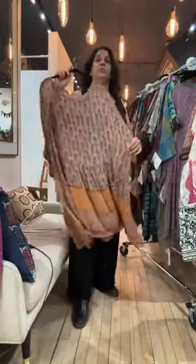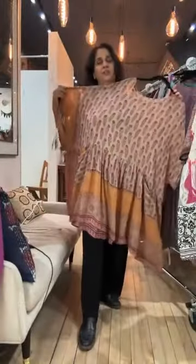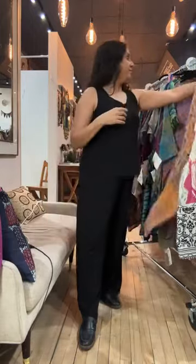So I'm going to just quickly show you these two. So this one's pretty until you see the bottom, and then it's magnificent right there. So very soft, very understated, peachy kind of blush colors. It's coming out a little more yellow on your screen than it is in person. And then this one's